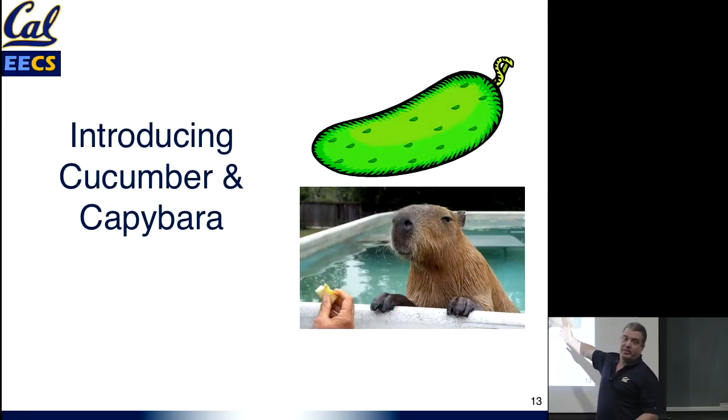Isn't that the cutest thing ever? If you go to the SF Zoo, you can actually see one. That is the world's largest aquatic rodent. It's a capybara. And ask me sometime if you're interested in why one of the tools we're about to introduce